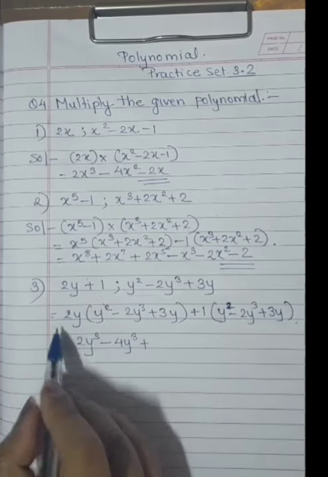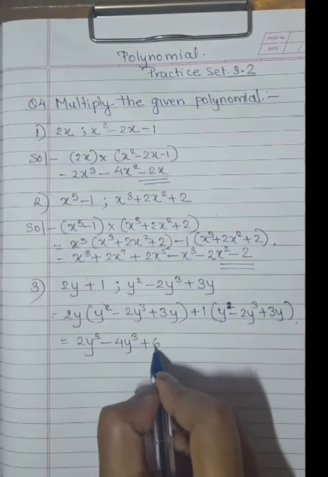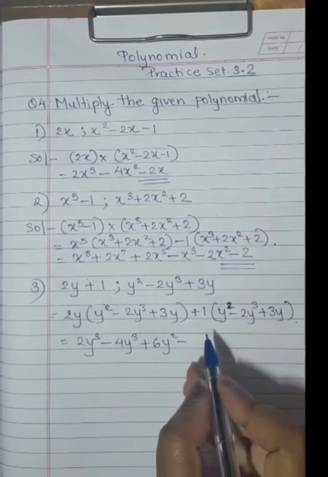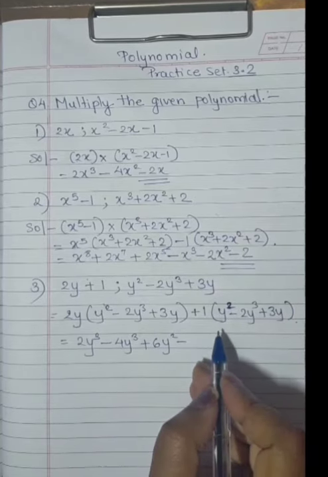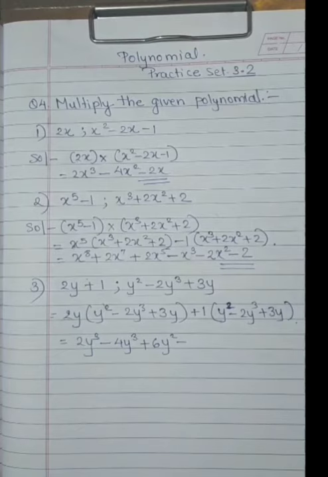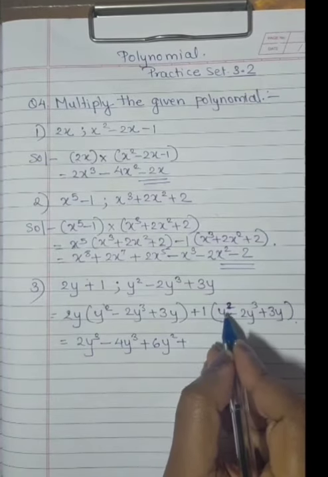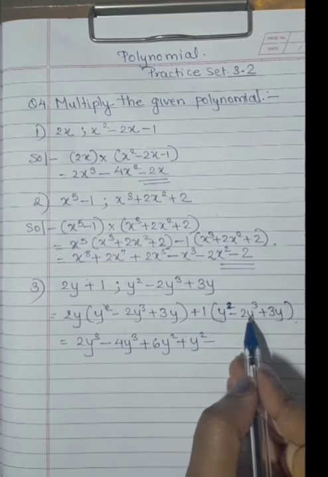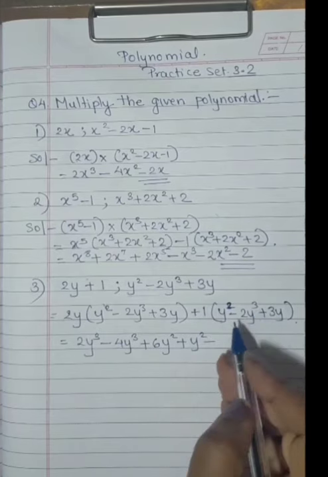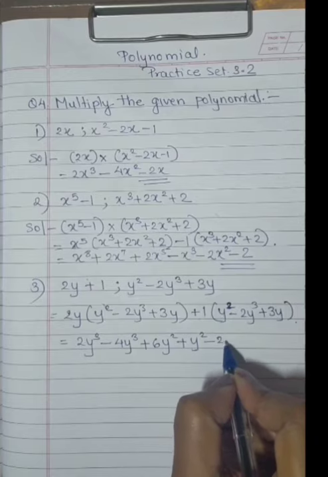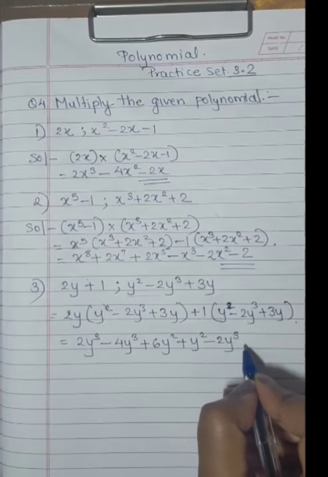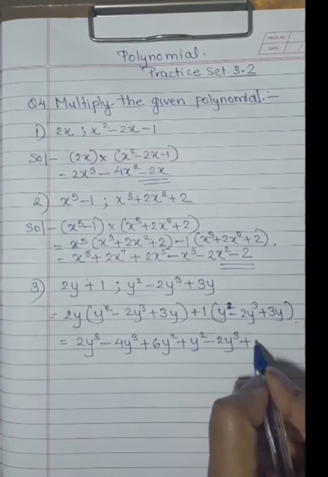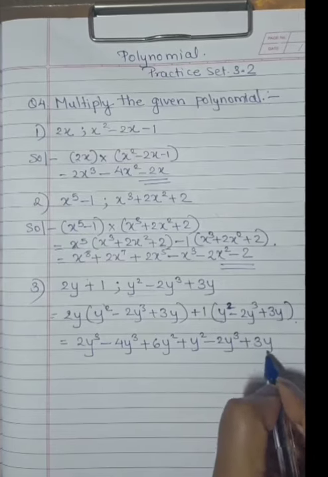because y square and y both will become cube, minus again this both multiplied will give 4y to the 4, again plus, again 2 threes are 6y square, again the plus sign will come, one into y square, minus again 1 will multiply with minus 2y cube, we will get minus 2y cube plus 1 times 3, so 3y. Okay,